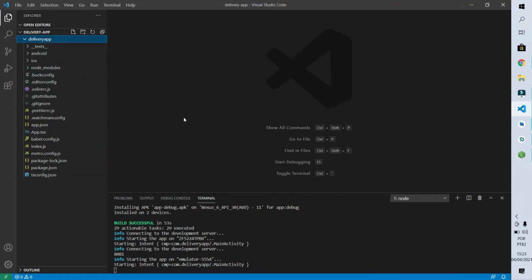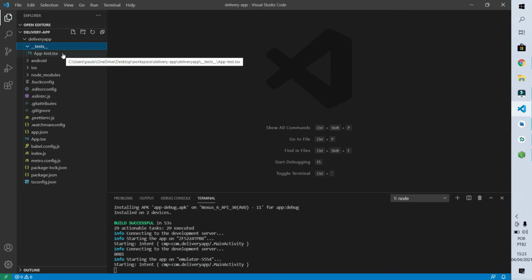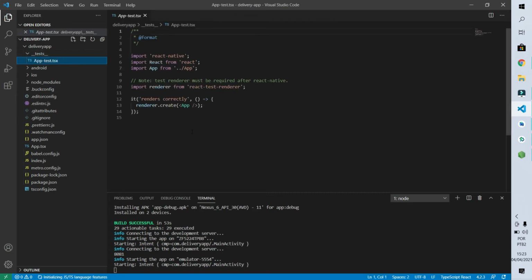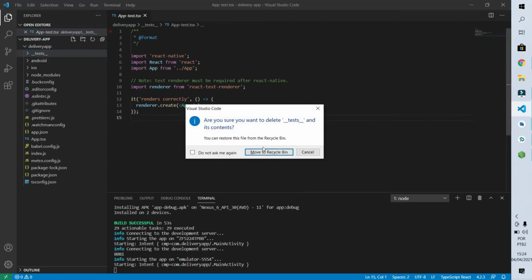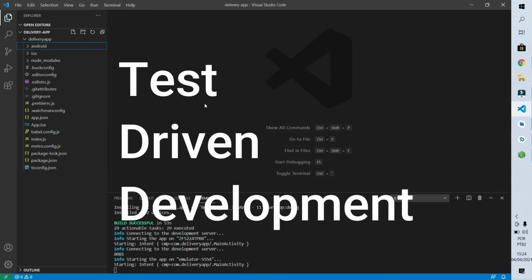The first folder we have here is this tests. It contains a file called apptests.tsx. This folder here is dedicated to having the test code of our application. I prefer this test to be in the same folder where the code itself will be. In this file, we can see an example of how to perform unit tests using TypeScript and React Native. But as my tests won't stay here, what I'm going to do is to simply delete that folder. And it's worth reminding you that all the code that we develop in the future will be using the techniques of TDD, meaning test-driven development.